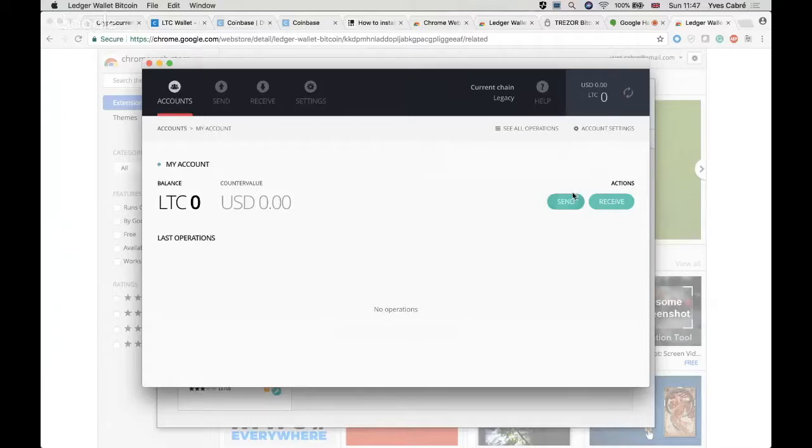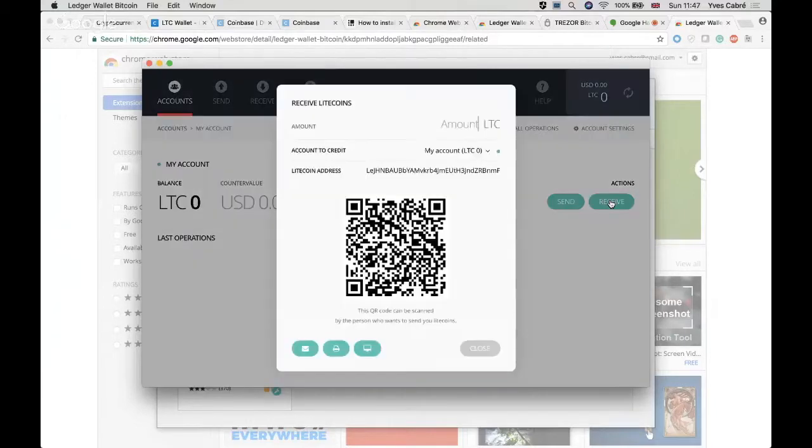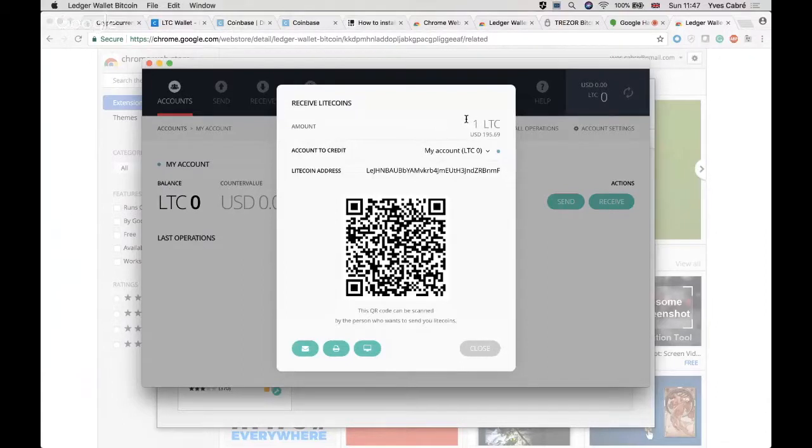When you tap on receive, for example, you get a Litecoin address. You can set the amount, it doesn't matter. So you can say 1 Litecoin. The address won't change. The QR code, however, will change. This is mostly if people want to send it quickly using a QR code or an app or something like this. What you can do now is copy the Litecoin address,